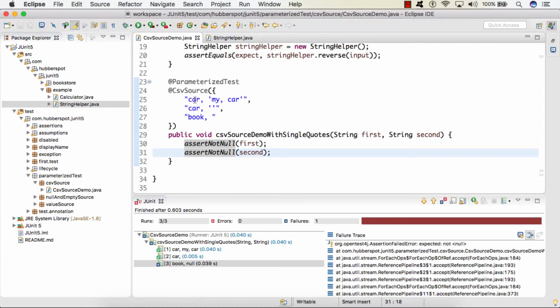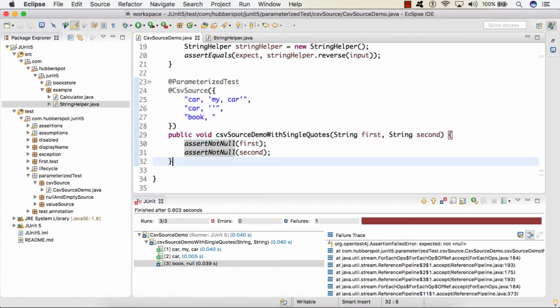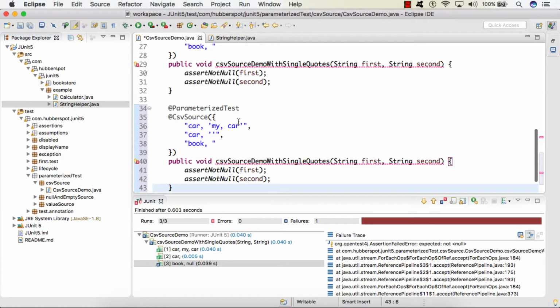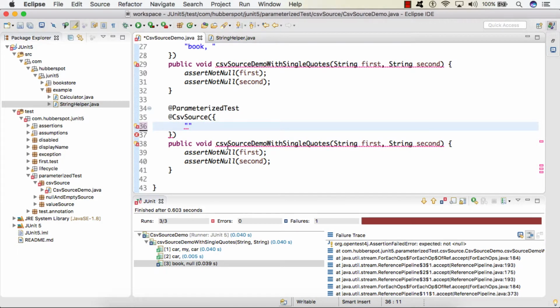Also friend, here we can also provide the integer values which can be converted to string. So here if I simply copy this and paste it below, I'll simply remove these values and give a name to this test is CSV source demo with integers.